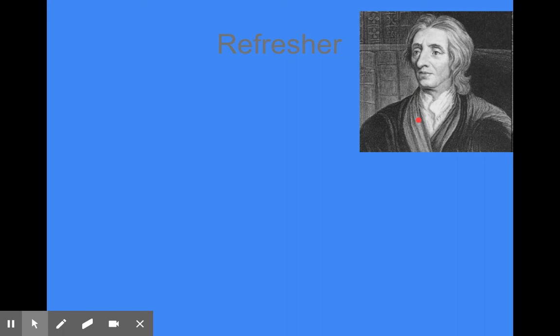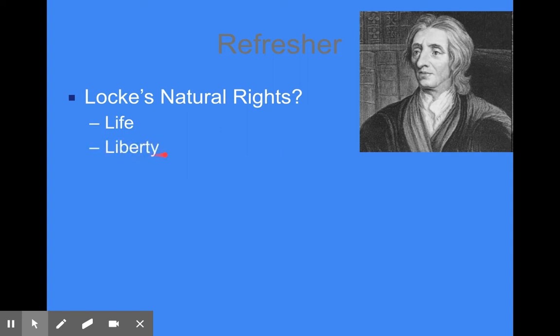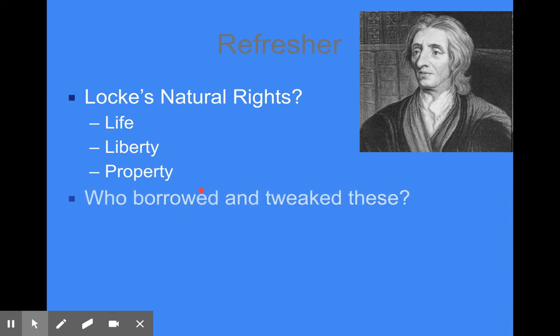And then here's John Locke. I don't know if he's optimistic, but here are your natural rights. What were John Locke's natural rights? Number one was life. We have the right to live, maybe as we want. We have the right to liberty. We have the right to freedom, to do what we want with our lives, and we have the right to property. Life, liberty, property. In other words, we should be able to own a house, have our own stuff. Those are our rights as humans. Every human would have these natural rights. And he would have said it is the government's job to protect those things.